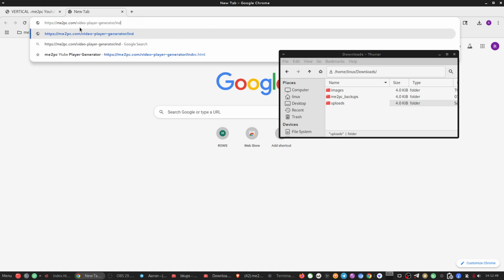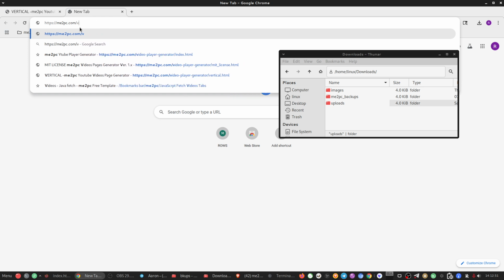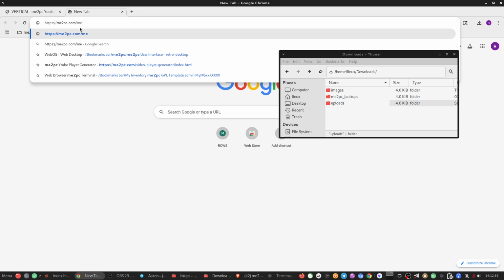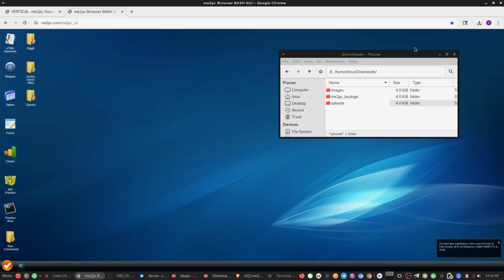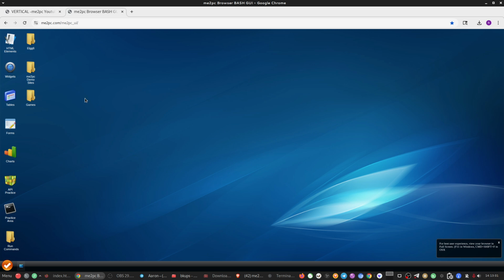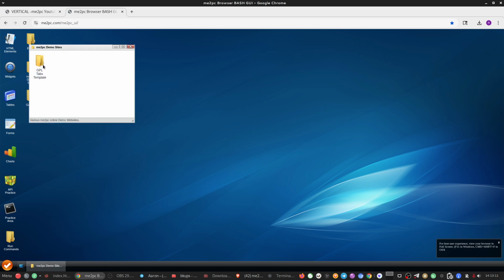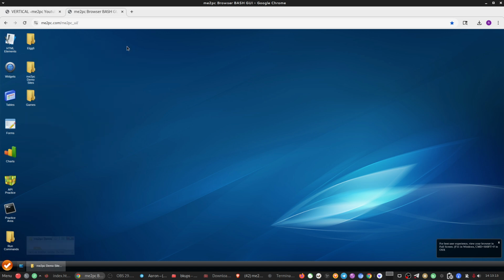Let's do this. Do I see it? 2pc UI. Okay, it's this right here. This is a full-blown API controlled user interface, and